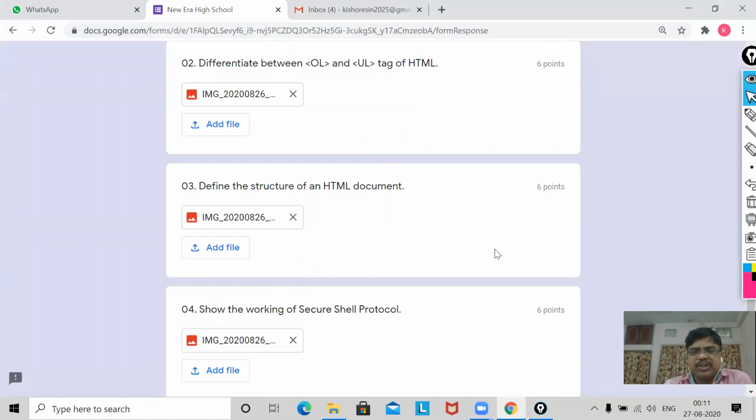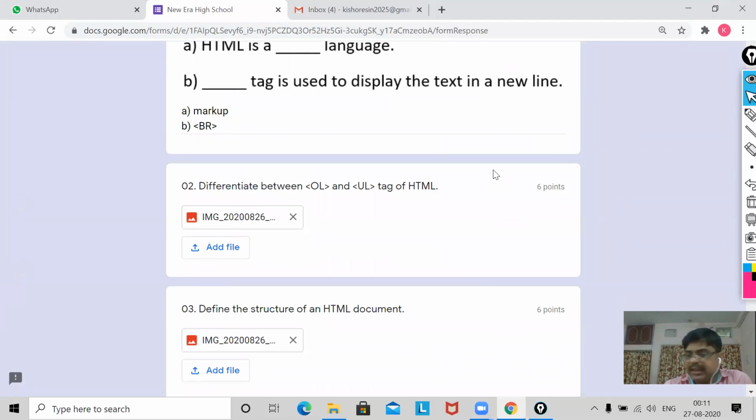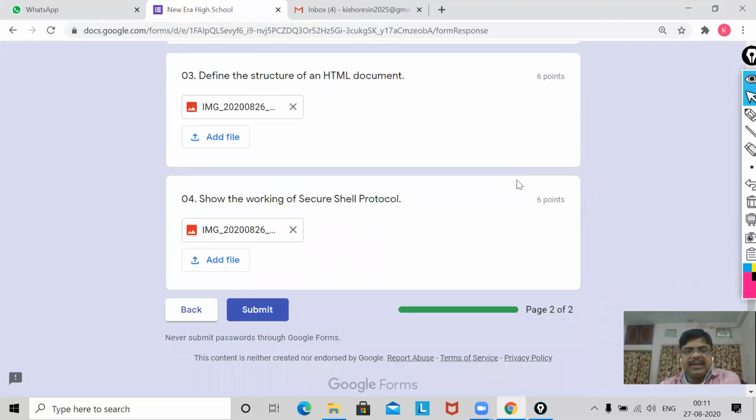After doing this, once more you have to check it. Listen, my dear, I am doing this with the help of a laptop. As my 3 files were in the smartphone, I have transferred these 3 files to my laptop and uploaded them. And then finally click on the submit button.